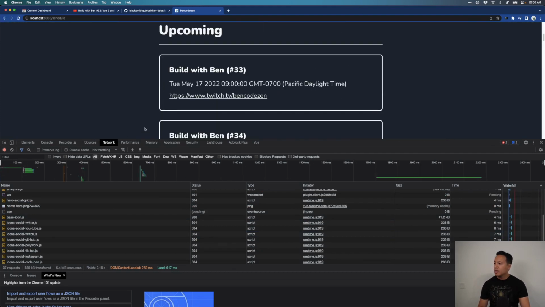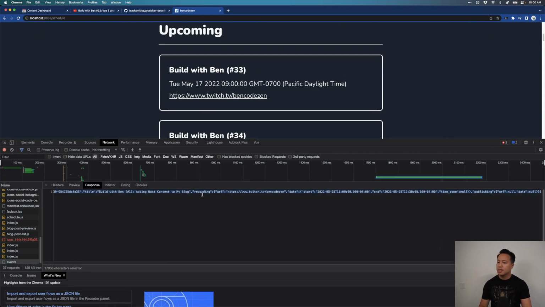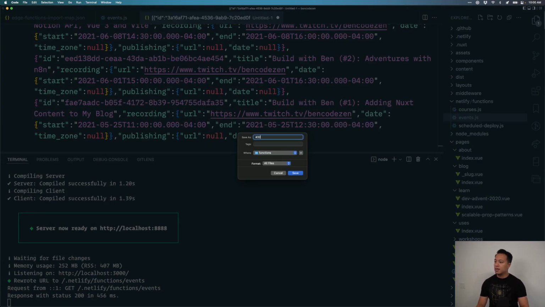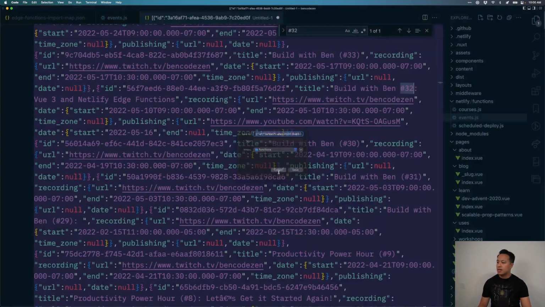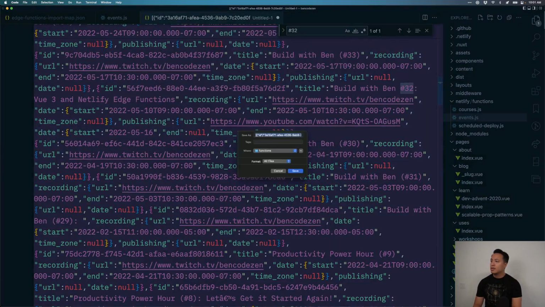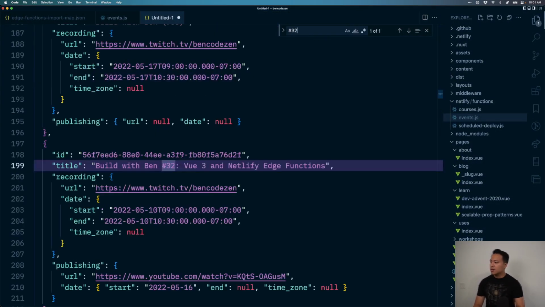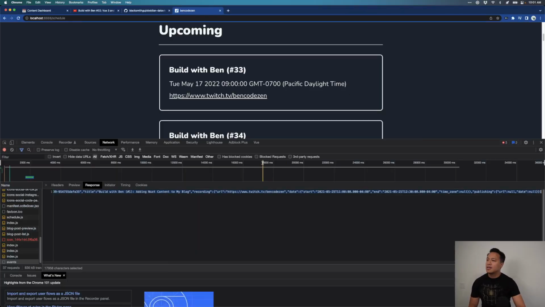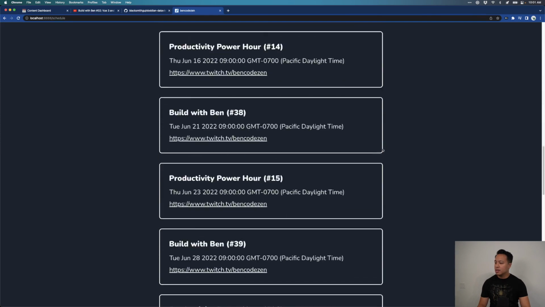There we go. Okay, so now that we've asked that, we should have asked for an events payload. Yep, this is the response. So now if we take a look at this, inside of here, we should see a number 32. And the number 32, actually, let me just format it. Oh, wait, format document. Okay, so we go to number 32. We'll see that we have a date, we have a publishing. Okay, so we have a publishing start and this. So this tells me that if I refresh this page now and look at 32,